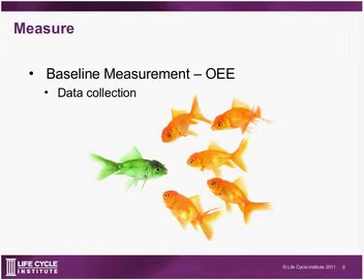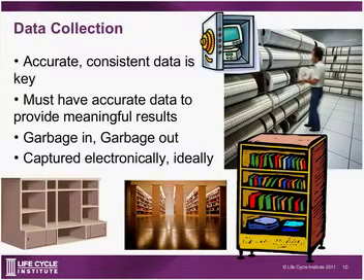Now, the measure piece of the DMAIC is getting the data collection. Whether that be a baseline measurement and a metric in terms of OEE that we'll talk more about in the future, or getting data from other sources. But now that we've defined the problem, I want to increase the mean time between failure for this pump, or I want to decrease my energy cost by 10%. We need to understand where we sit currently in order to know if the improvements we make actually have an impact. And what do we need for that? Data.